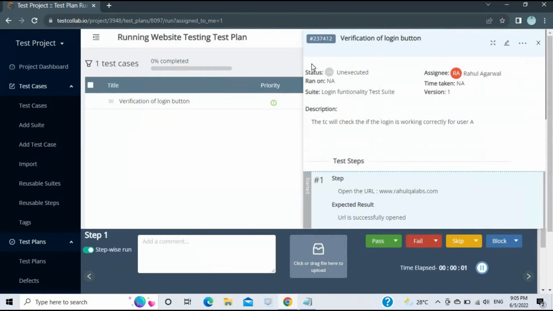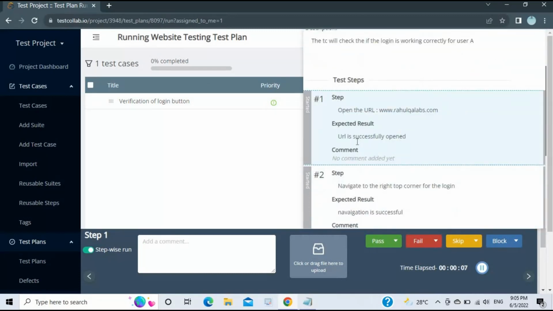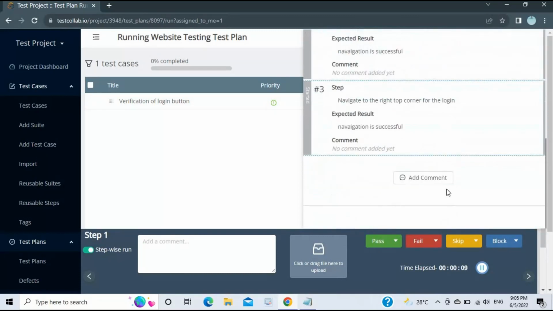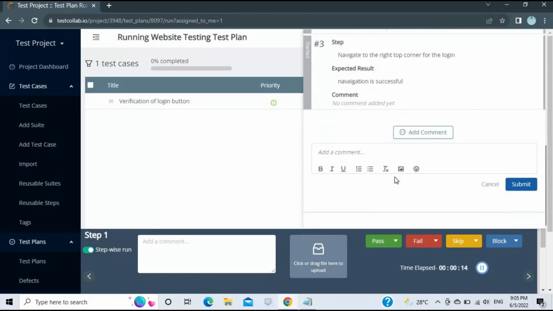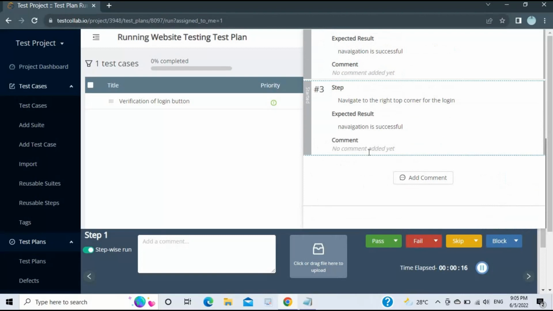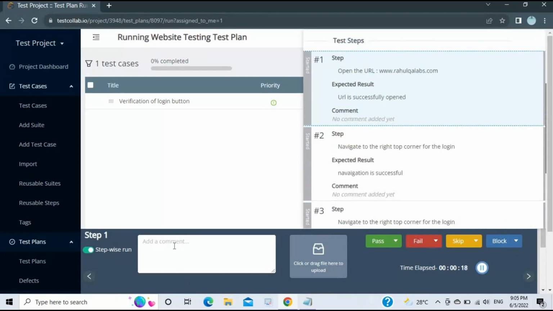Okay, so a kind of summary is shown here, like this is unexecuted and this is the test case. What are the test steps that you have? Step 1, step 2, step 3. If you want to add any comment, you can add by clicking on this comment. Otherwise, that is fine, that's up to you, right? So here also you can add a comment, and if you want to attach or drag some screenshots, you can attach it here,